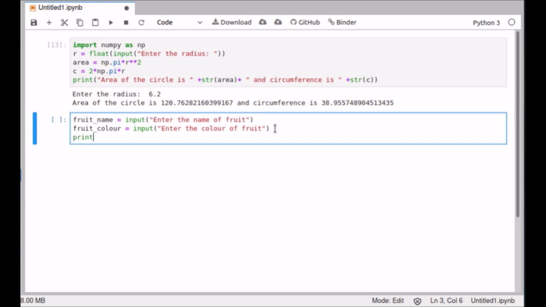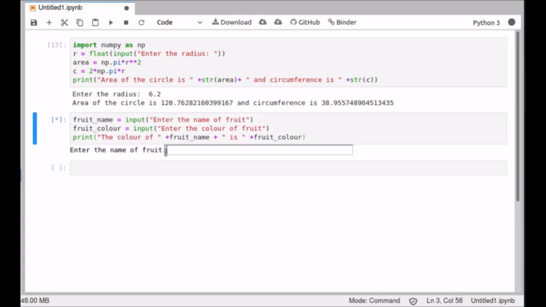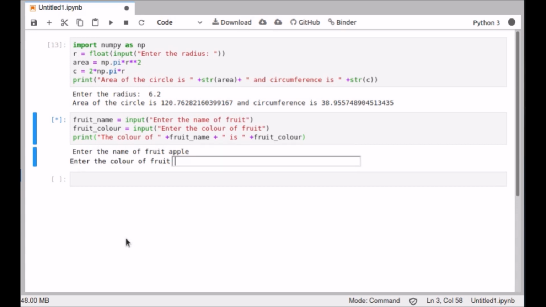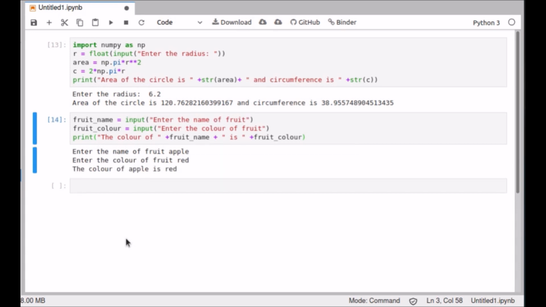Now I will print the statement: "the color of" plus fruit_name plus "is" plus fruit_color. Here all parts of the print statement are strings, so no need to convert them. Now the program is asking me to enter the name of fruit, say apple, and color red. The color of apple is red.